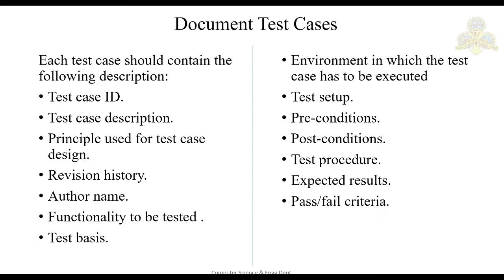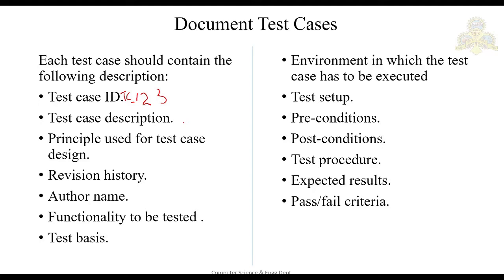So you can refer to those test cases. So you have to maintain or document the test cases. Basically, each test case should have some description or title. So what are the things your test cases should have? Your test cases should contain a test case id and the case description. The test case id should be unique, something like tc_123. Then the test case description, which describes that particular test case.